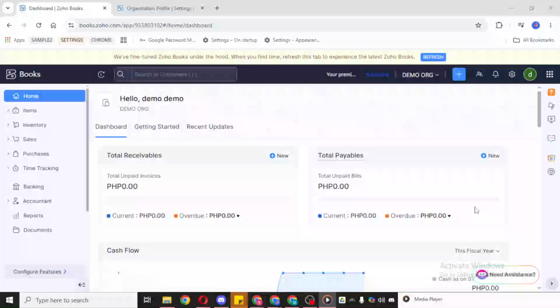In today's video, I'm going to teach you how to create a delivery note in Zoho Books. If you need to generate a delivery note from an existing sales transaction, Zoho Books makes the process very quick and straightforward. In this walkthrough, I'll show you exactly where to click and what to look for so you can create, preview, and print the document with confidence.